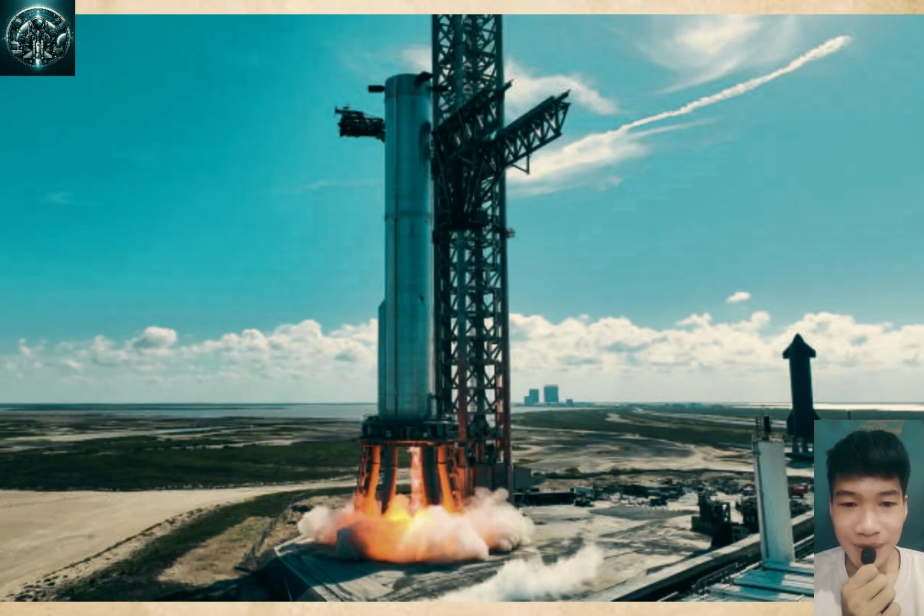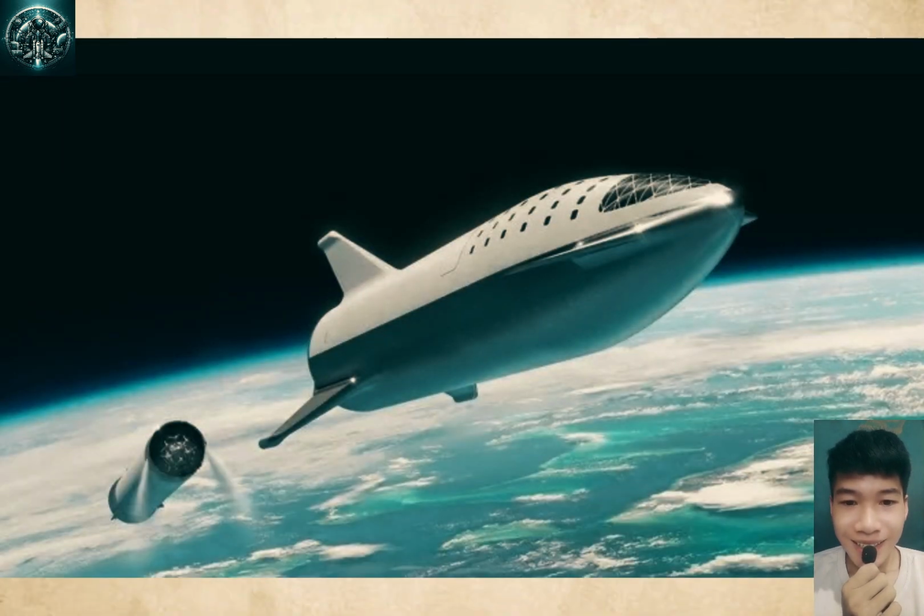However, we can't say the Launchpad performed perfectly as some systems still showed issues. For example, at the OLM, the water deluge system, while functioning well, revealed a significant problem after enduring the thrust of over 7,000 tons during 3 consecutive flights. Post-flight images showed the steel plate had turned yellow. This discoloration is likely due to the intense heat from the engines which overheated the steel plate and altered its